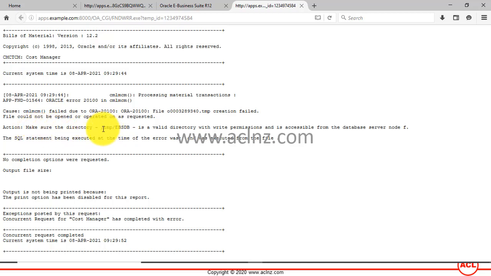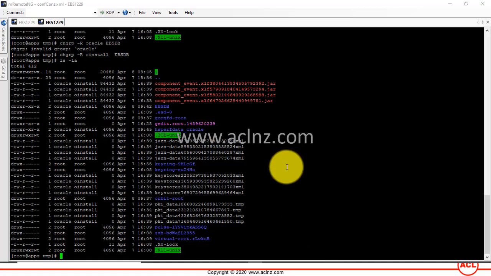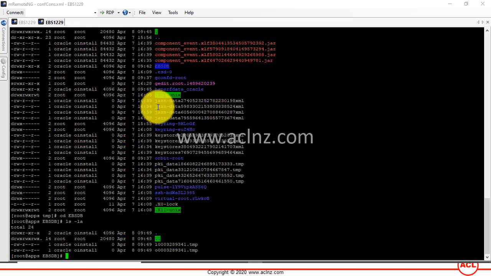And we have resolved this particular issue which was reported earlier, which was that the directory /tmp/ebsdb doesn't have the right permissions, and we created that directory and gave the right permissions to it. So if I go into this particular directory once again, let's see if it's got any data now. You see now it has created just 2 temporary files in it, which the system was earlier unable to create out of the execution of the cost program. So since it's able to create, we are not getting any errors at all. Hence this resolution is working.